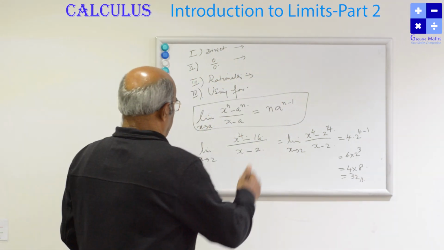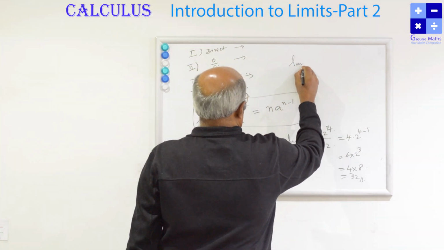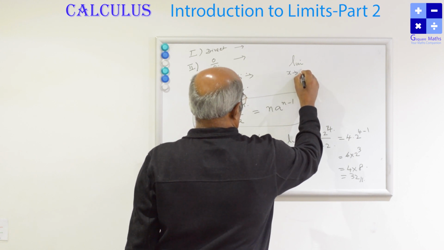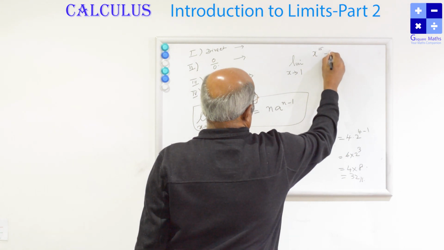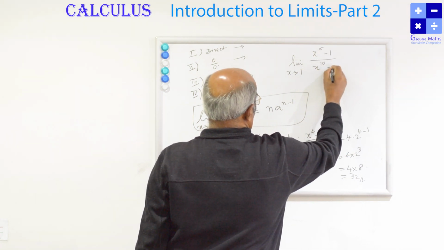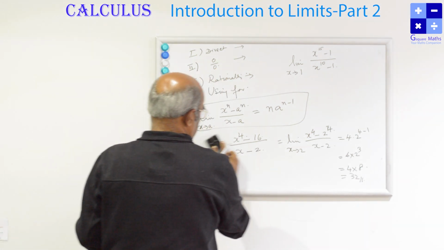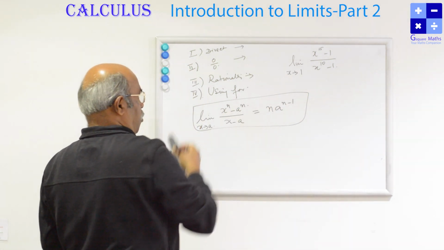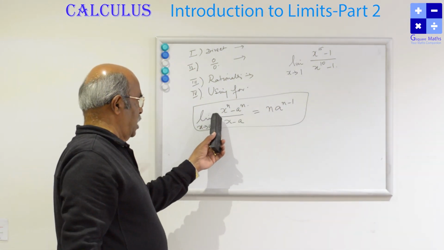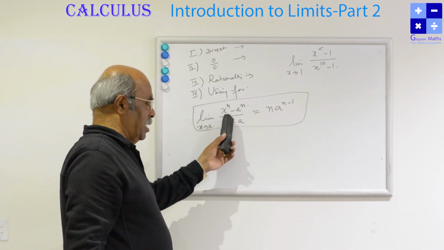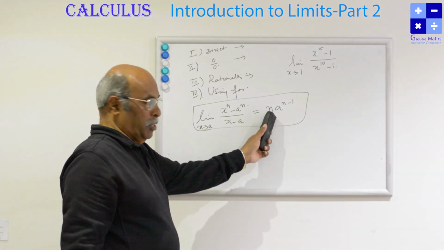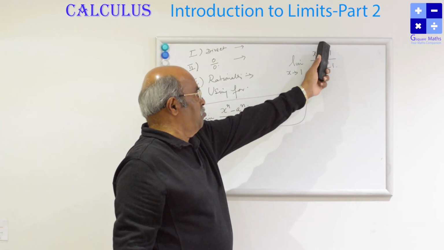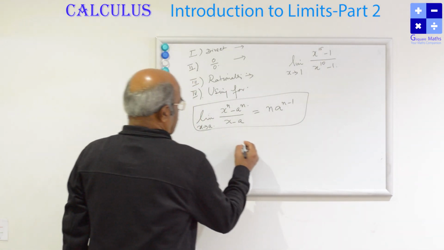One more similar problem is coming in this shape. This is not directly of this form. The formula says very clearly x power n minus a power n by x minus a. Then only the formula is applicable as n into a power n minus 1. Here we have x power 15 minus 1 by x power 10 minus 1, so that can be written as